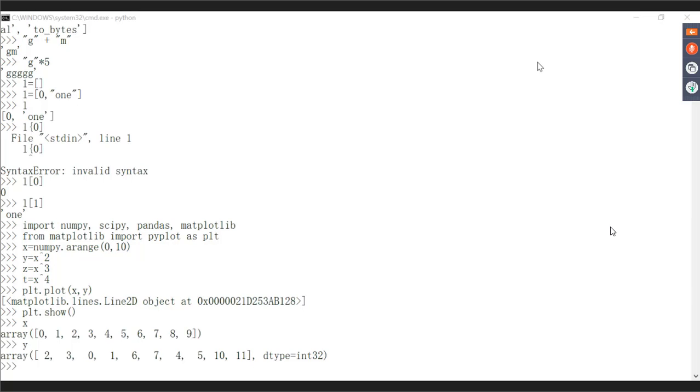When you're working with Python, Python gives you some functionality there when it comes to